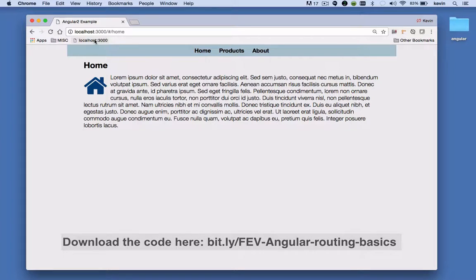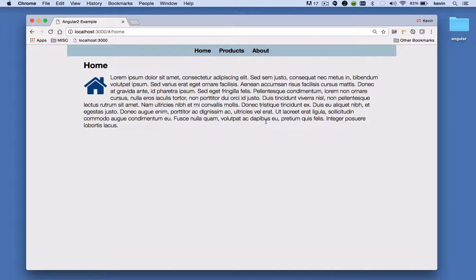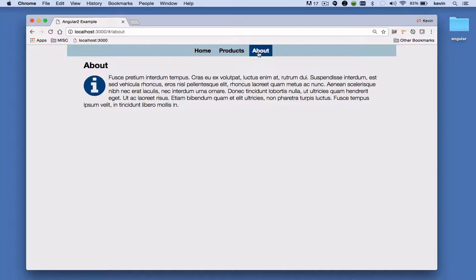So if I go to the root of the application, it goes to home. We'll see in a minute how that works, but just know that there is a default route for when there's no route provided. Also, one thing that's pretty cool about routing in Angular is that you can do something called